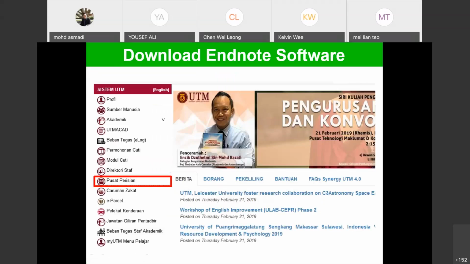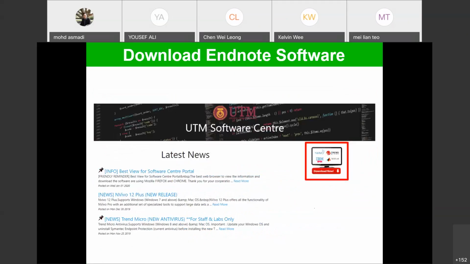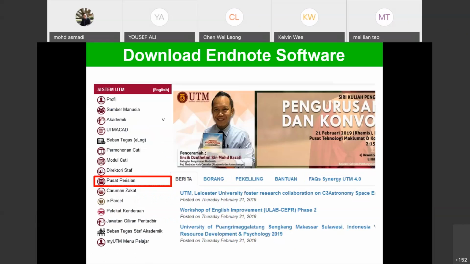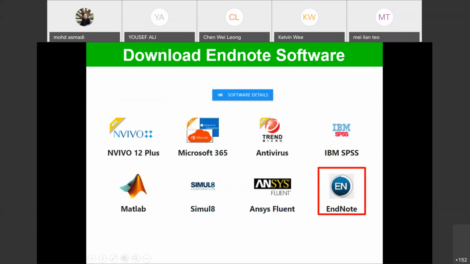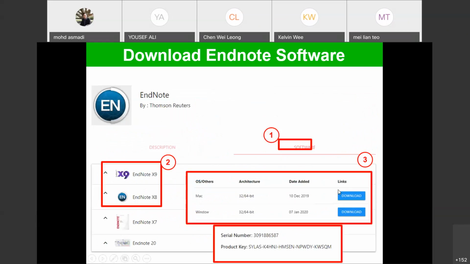Okay, and then you click this Pusat Perisian, or the Software Center. Just click this one and then go to this one. I think after you click you can see this one. Okay, this is the new one. So just click this EndNote and then you can